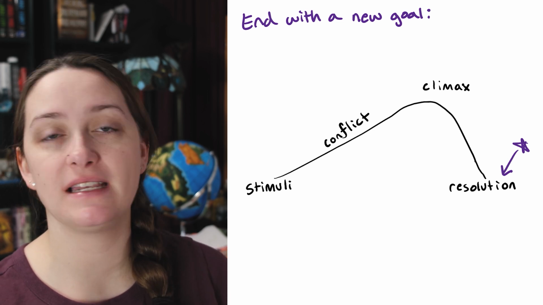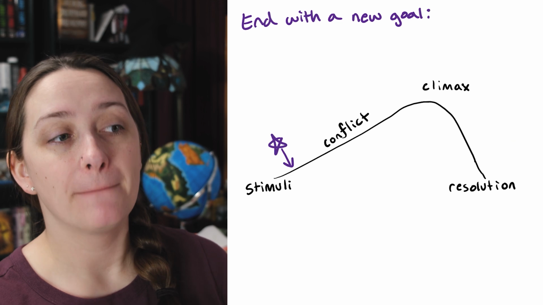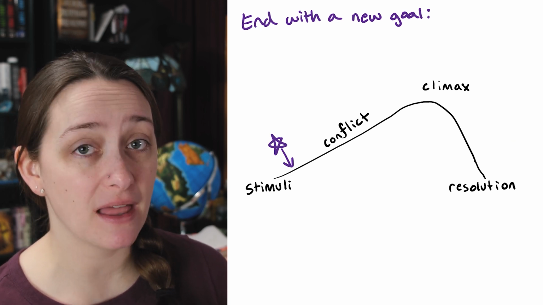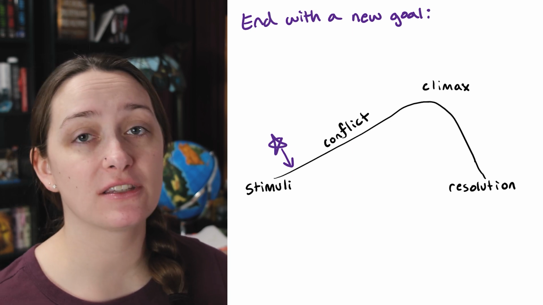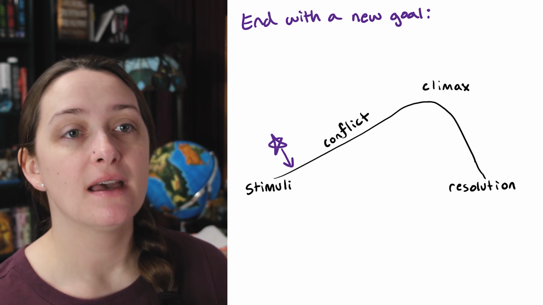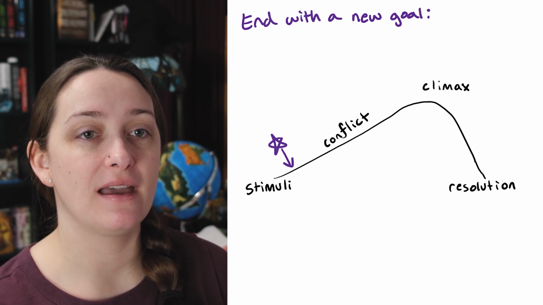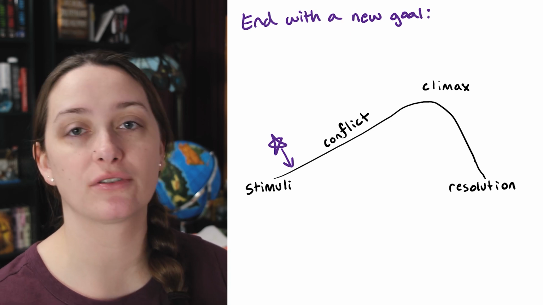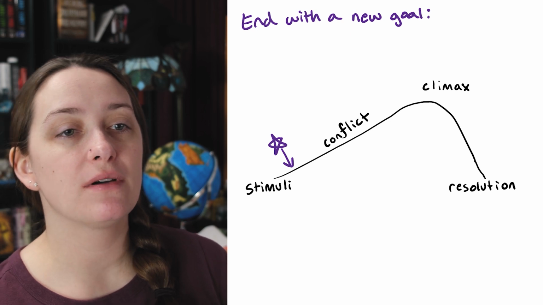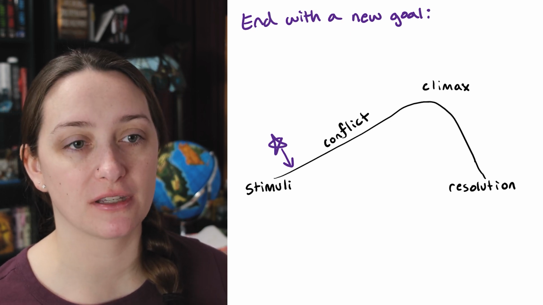And so the end of a scene can be a really good place for that because that's typically where a character will make a new goal. But that can also happen right after an external or antagonistic stimuli. If you remember, sometimes a scene starts with a character's new goal, but sometimes it starts by something external forcing them to act. So right after this can also be a good place to end a chapter, right where this external stimuli has happened and the character is like, oh no, I have to do this. So this can be a similar hook. How will they accomplish this? Can they accomplish this?